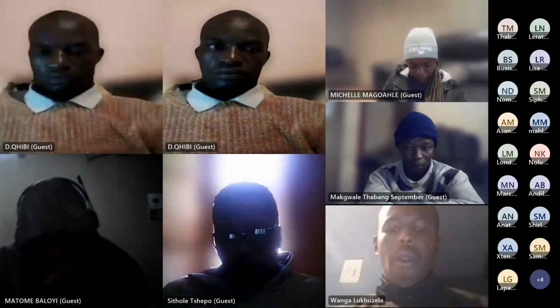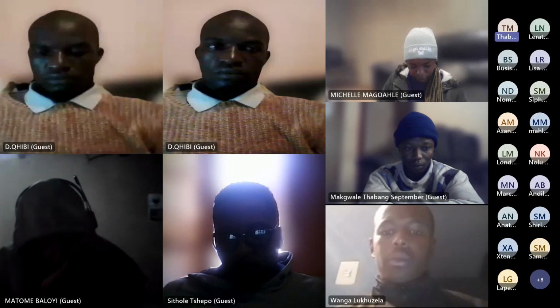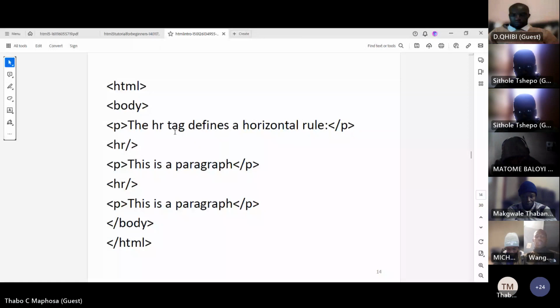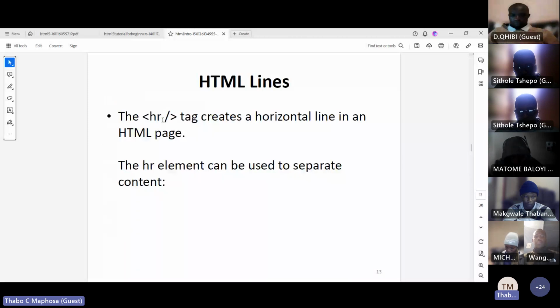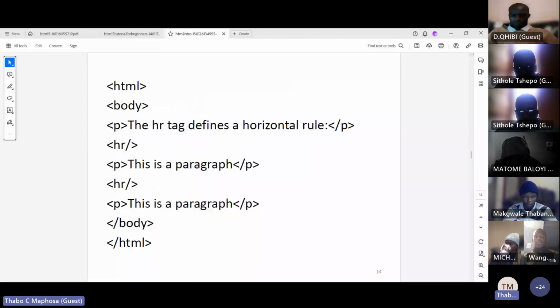Okay, so now going back, let me stop sharing this site and let me go back to the PDF. So now, as I said, if you check here, this is the comment. The comment does not get displayed, this comment thing that we spoke about. And then that's a paragraph there. And when it comes to a line, we spoke about this, that a line is usually this tag there, HR and then slash. That draws a horizontal line. We've got many other things that you actually put up there, like we dealt with these paragraphs and the HRs and stuff.